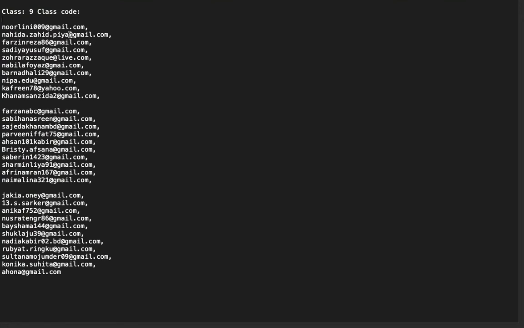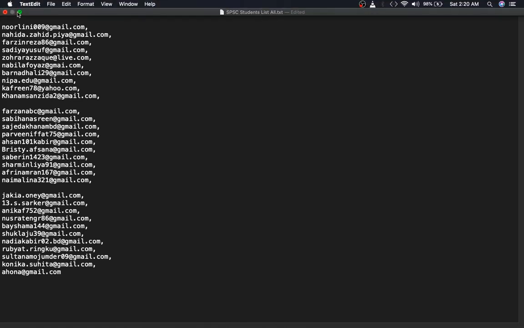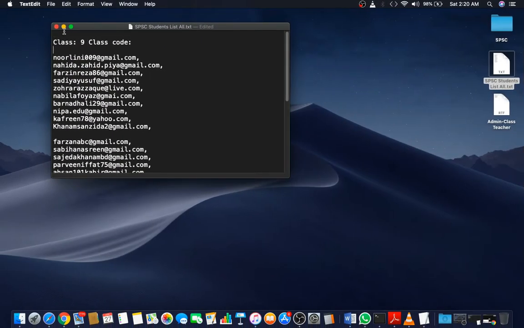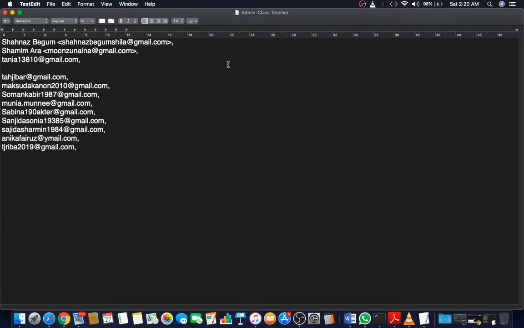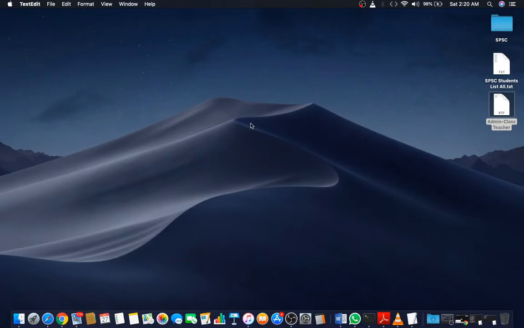In every group I have 10 students, and I have created one line for saving my class code. So this is my student list, and another one is for my subject teachers and the admin list. Here are the emails, so that I can easily copy from here and paste in my meeting. So these are my 2 files.